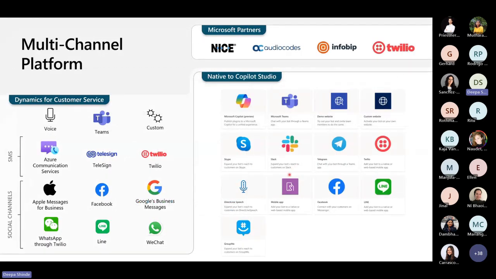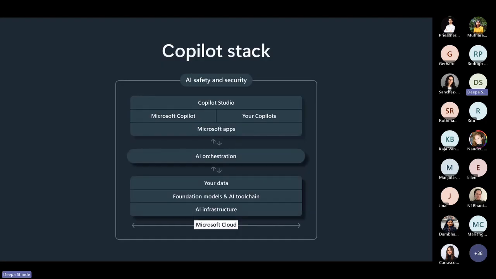But these are various different channels to which you can publish your bot. So you can publish your bot to Teams, but you can also publish your bot to a web channel, basically any site. Now, just quickly about Copilot Studio. Copilot Studio is a front end, and it gives you a very nice conversational front end, but it is also an orchestrator because of the dynamic plugin.